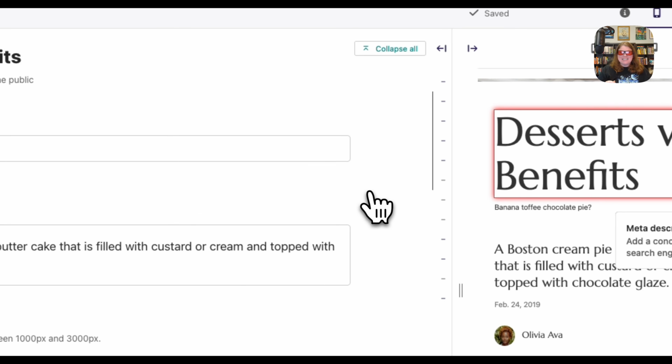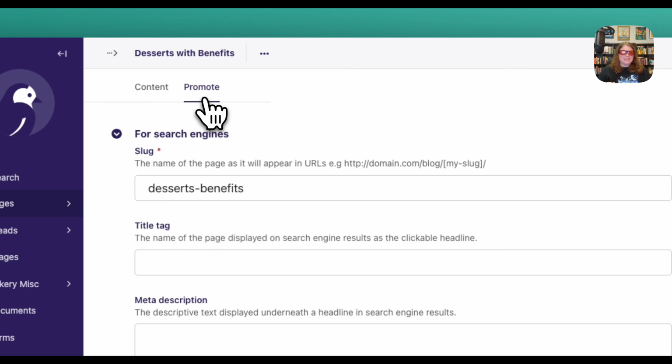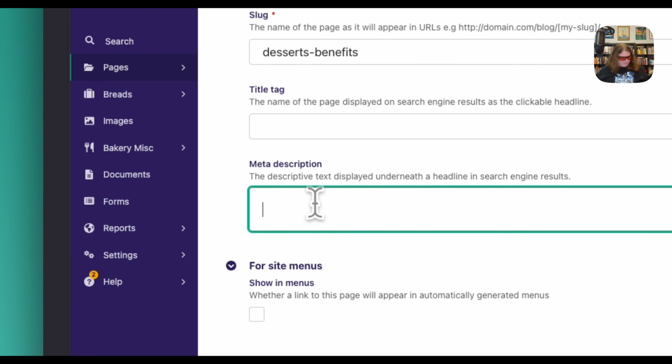And it's very easy to miss the meta descriptions in Wagtail because they almost always live over here in the promote tab. And so let's just go ahead and add something. We're not going to do a whole SEO optimized thing right now because I don't want to type a whole lot, but Boston cream is